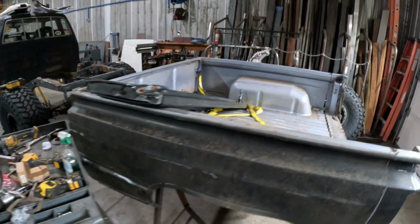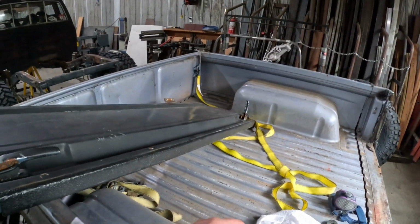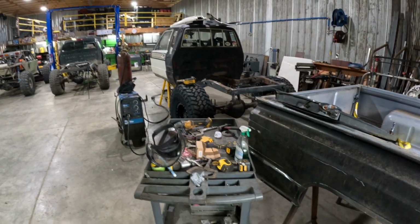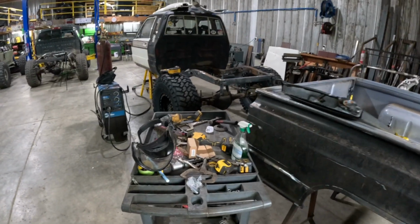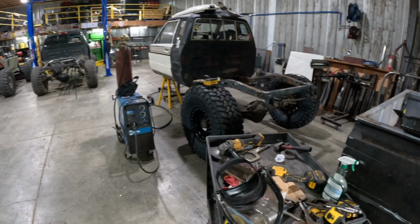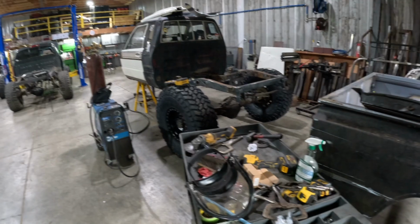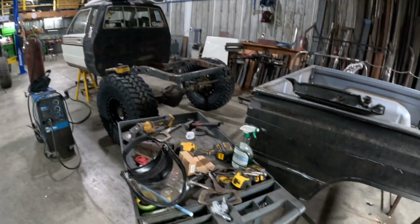Then we can get the bed on, mount the battery box, the fuel cell, and start plumbing, because by the time he's done with the back, I think I'll probably be done with the front frame rails and maybe have the engine mounted. That's the plan anyway. So, yeah,